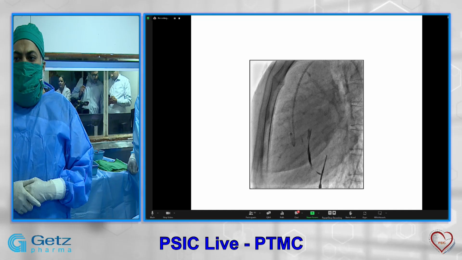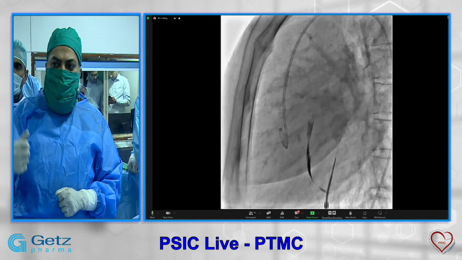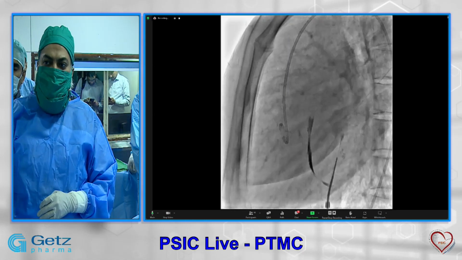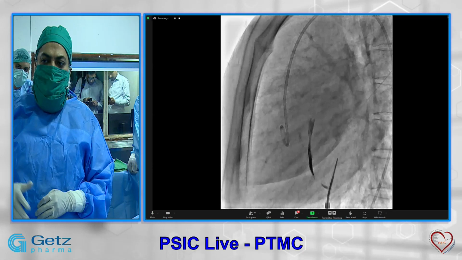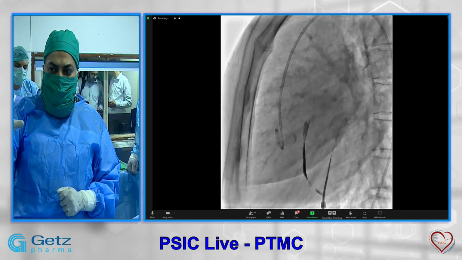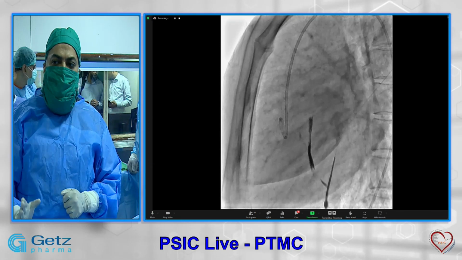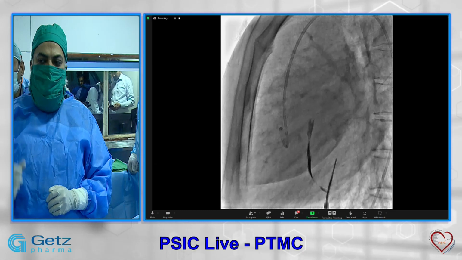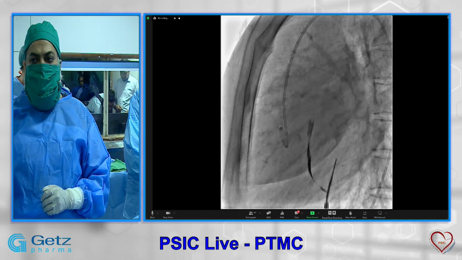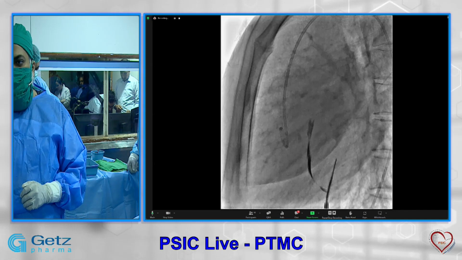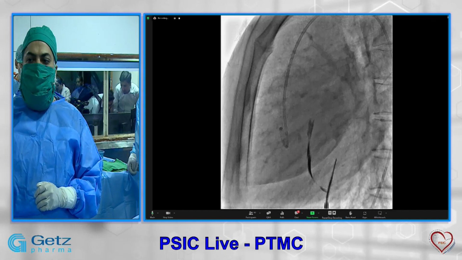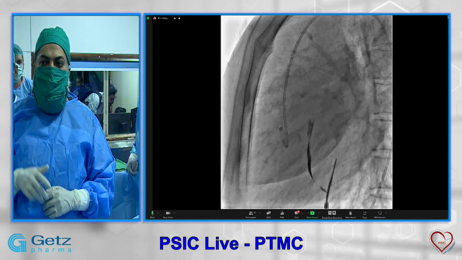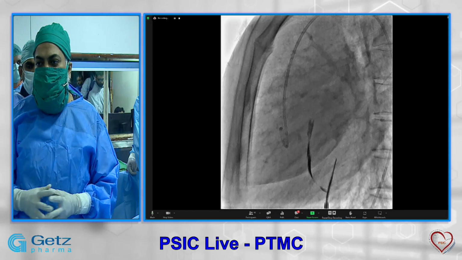Please run this one. This septum was stained during the procedure. We picked this picture so that we can understand how the septum and LA look in the lateral view. This septum has a vertical part and a horizontal part. If your needle is in the vertical part, you may dissect it. That's what happened in this case. We probably punctured into the vertical part, gave the dye, dissected, then took it out, reintroduced from the bottom, and went through the horizontal part. This is what we need to understand before we go for the septal puncture.